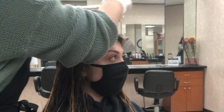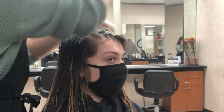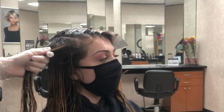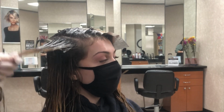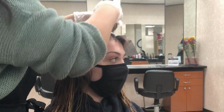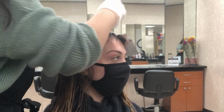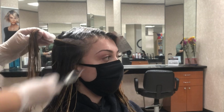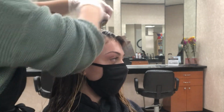So because the lightener always lifts really nice at the root, and it's usually a lot lighter on the root than it lifted on the ends, if I'm going to now put on a dark root color of like a level 5, right, the hair needs to be kind of filled, if you will. Like if you're going to put a level 5 on super blonde hair, the world of color says you're supposed to fill the hair, but I feel like you don't always necessarily need to fill the hair. You just have to put that warmth into the formula. So as long as I add a pinch of a CG, and in this case I'm adding 8 CG